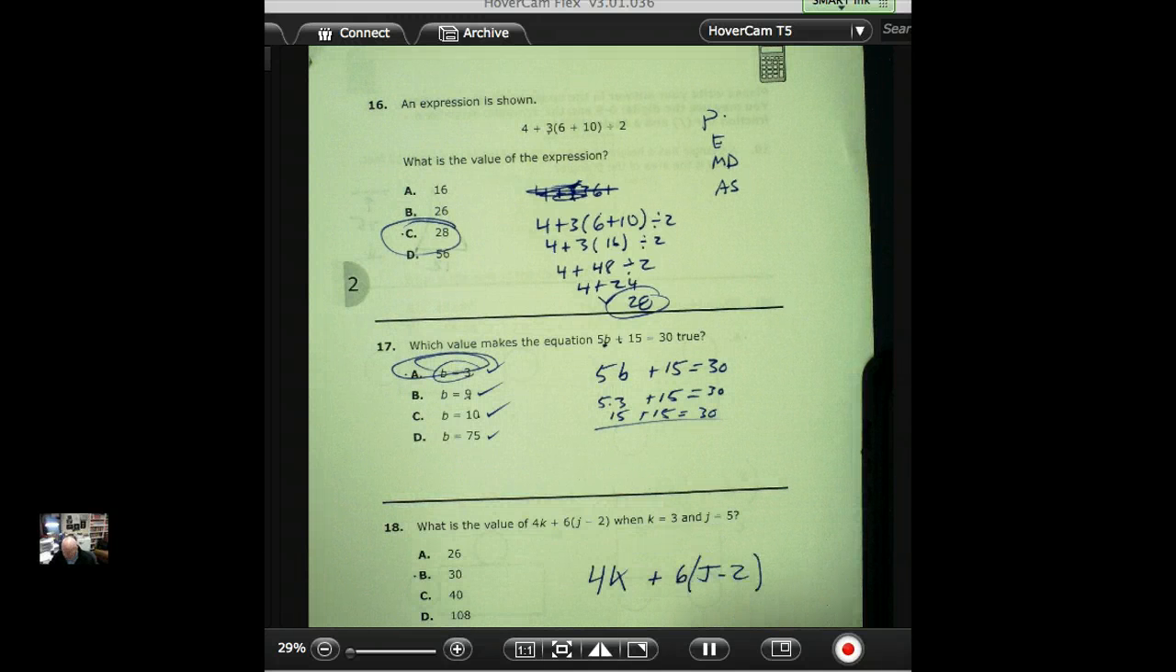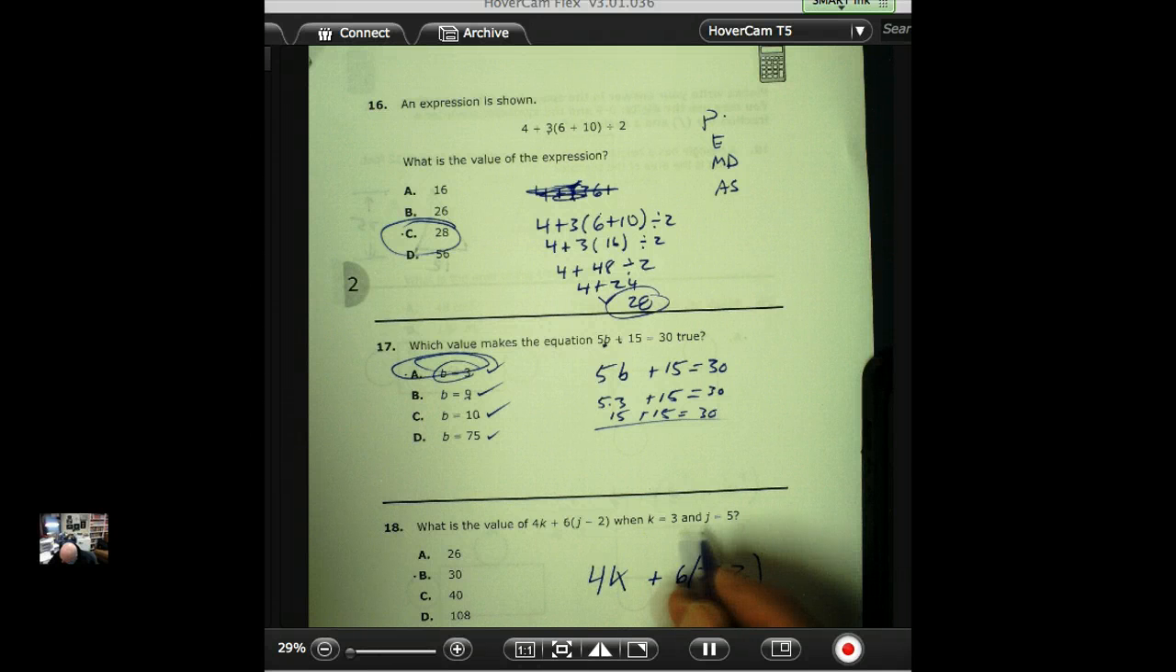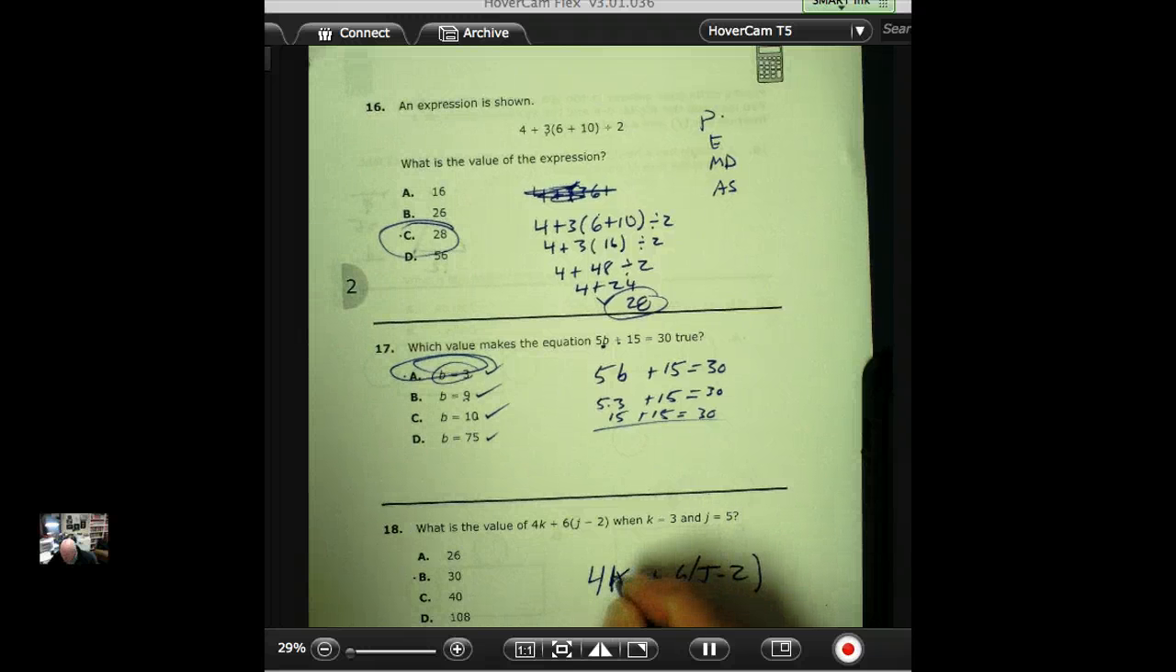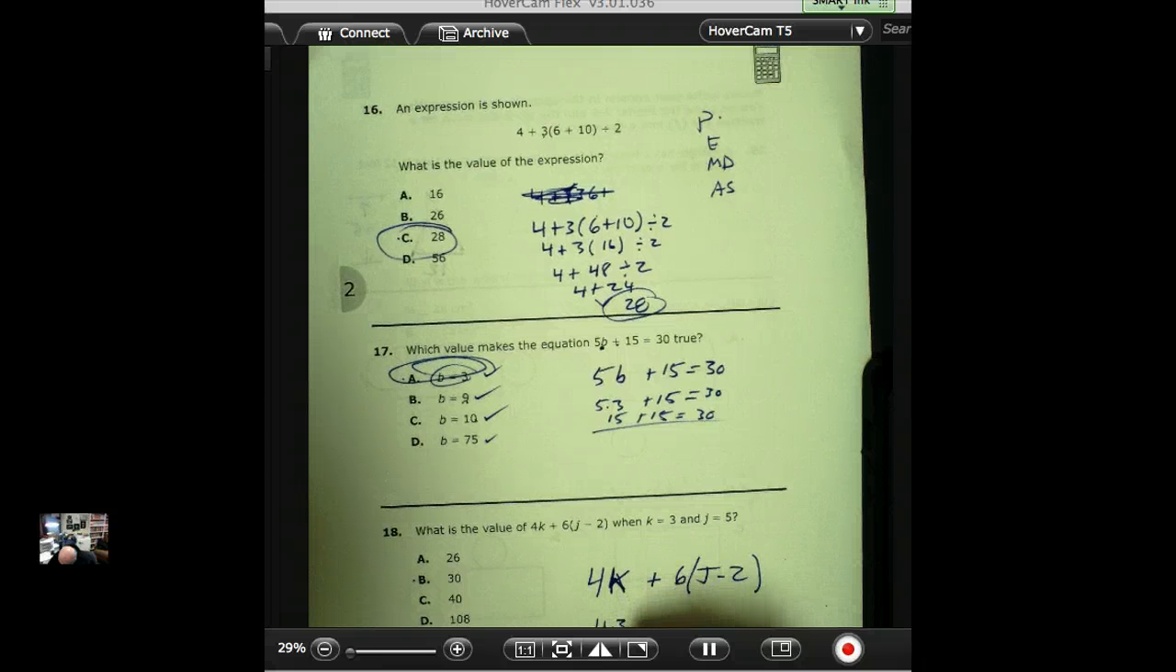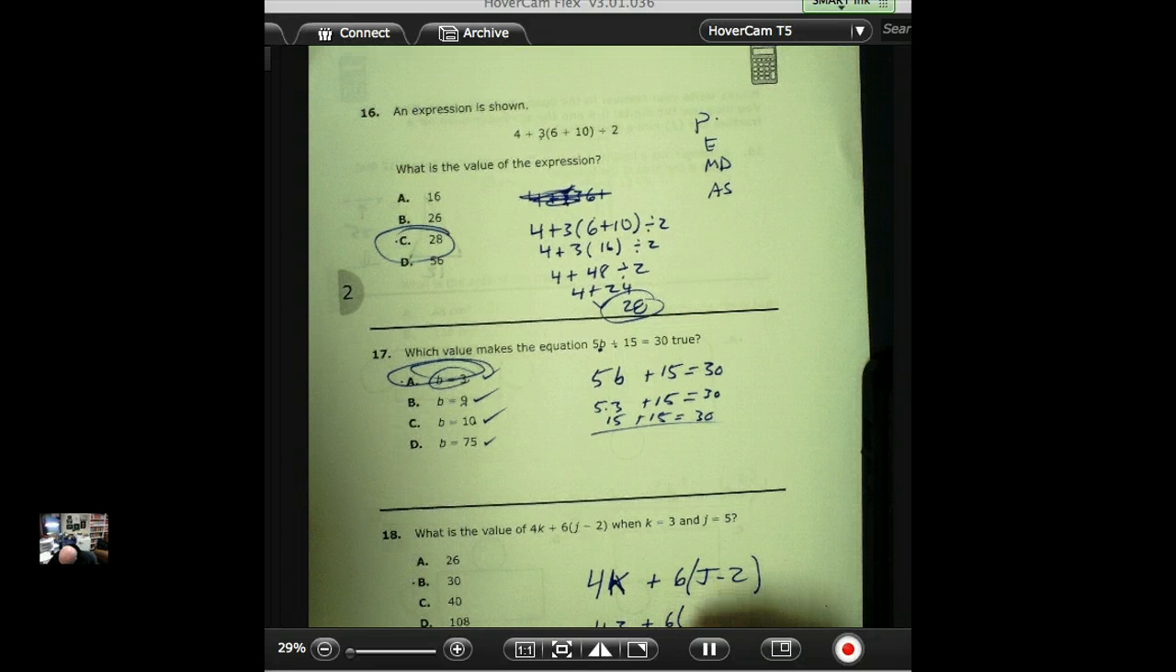Just substitute it in. Okay, what is the value of 4k plus 6j minus 2 when k equals 3 and j equals 5? And again, this looks complicated. We're just going to substitute in the values. So let's try substituting in. We have k equals 3, so 4 times 3 plus 6, and they want j to equal 5, so 5